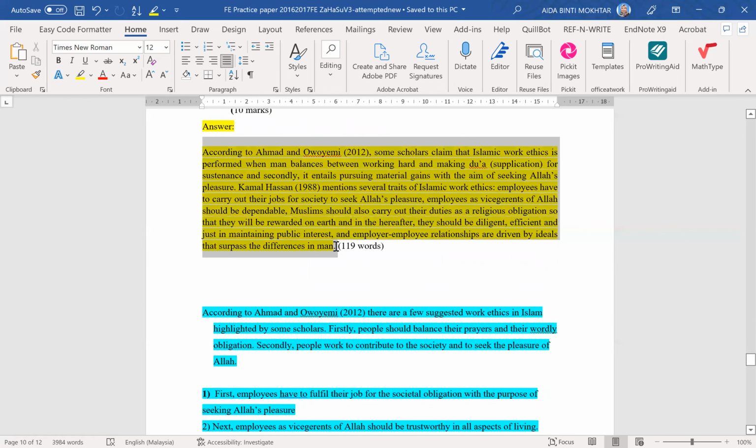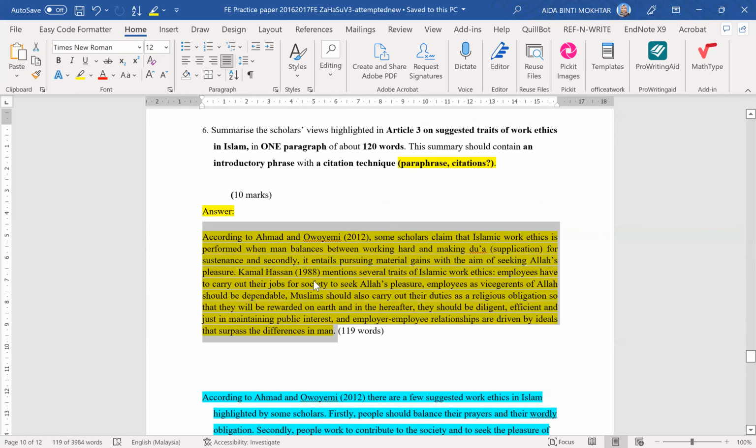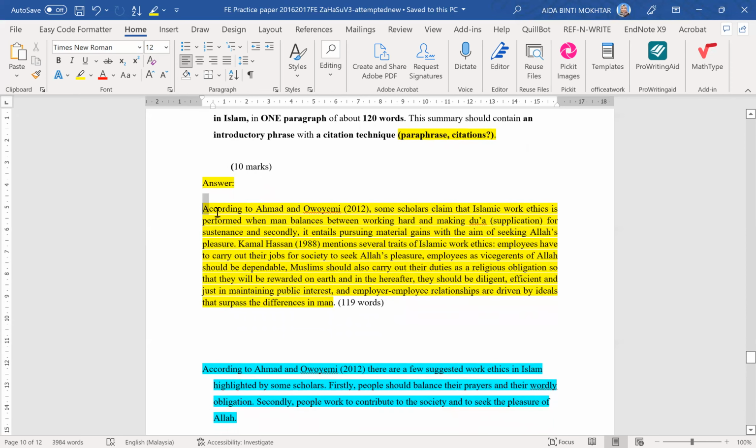So, you just go here and then you see it's 119 words. You just run your mouse through this and select the text, and then you can see there's 119 words. But of course, in your exam, you'll have to count manually. And this first part, if you look at the example, I emulated the example a bit. I copied the example a bit.